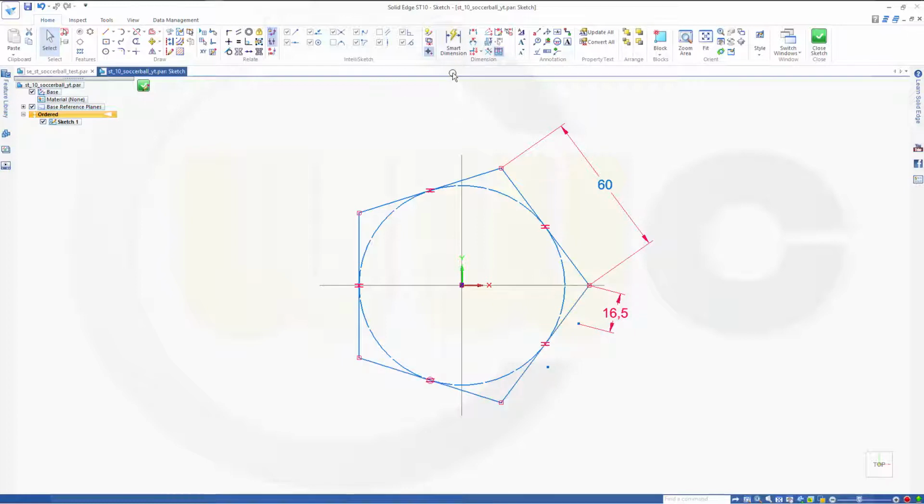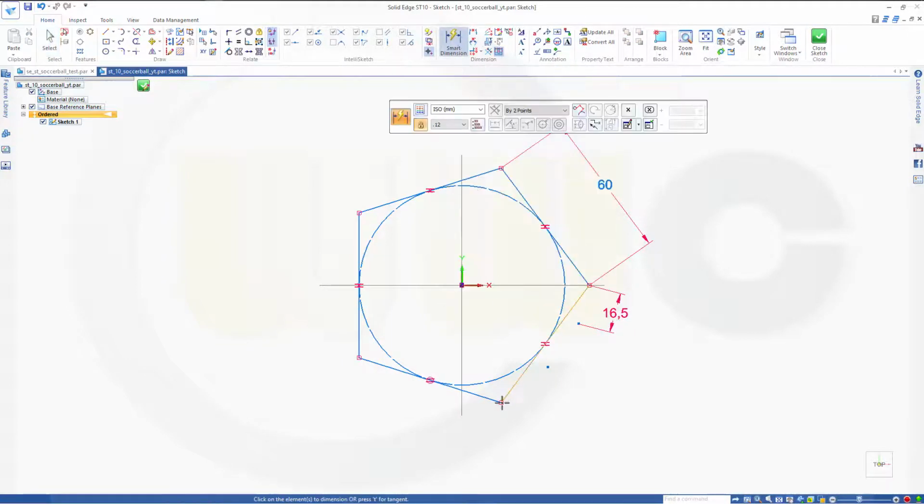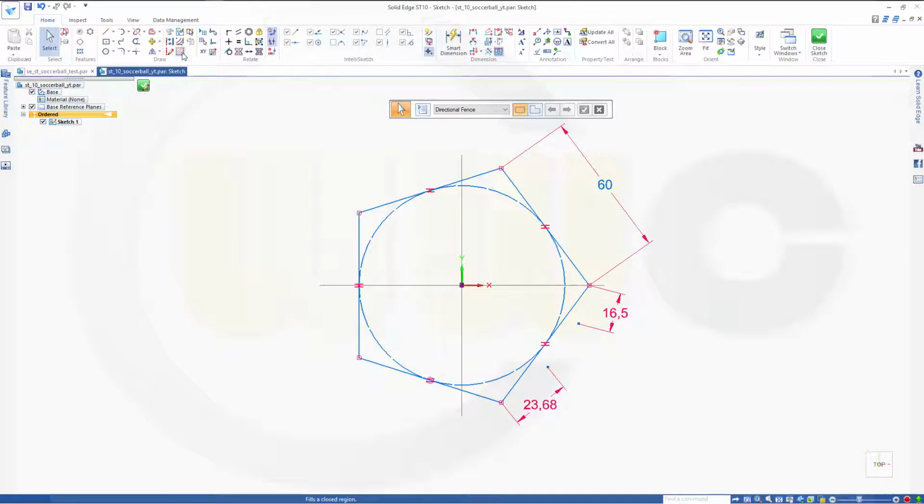Nope, sorry for that. Right click, yeah, line, and then go to this point, and again by 2 points, and then I will put those points onto that lines. So right there,